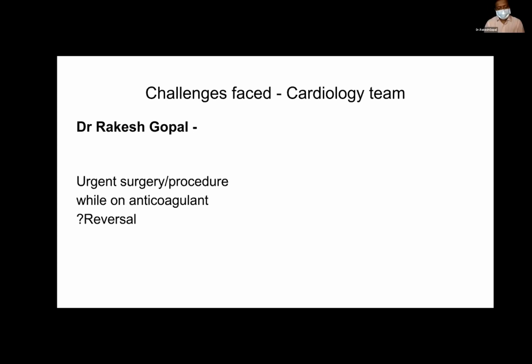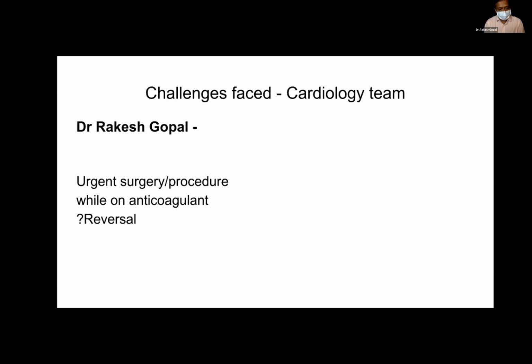The risk of bleeding, if you're planning for a surgery, is a real challenge. So if the patient is on heparin or even the newer anticoagulants, like factor 10 antagonists, then if you stop the drug, in about 6 to 8 hours you have one half-life out. And if you have stopped for 1 day, then 3 half-lives have gone off. So majority of the time, this is not a big problem.